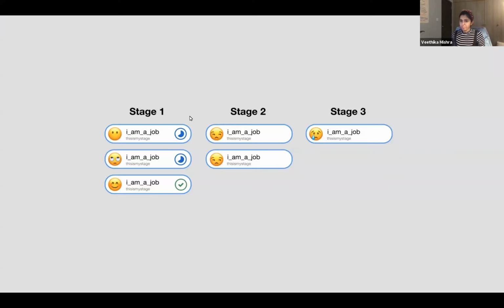So let's assume we have a pipeline with three stages, and each one of those stages has jobs within them. So there's a job in stage three, which is only dependent on the last job in stage one. But to run, it has to wait for all the jobs in stage one and stage two to be done first, and then only it can start. So this is the current model of execution that we have as of today.